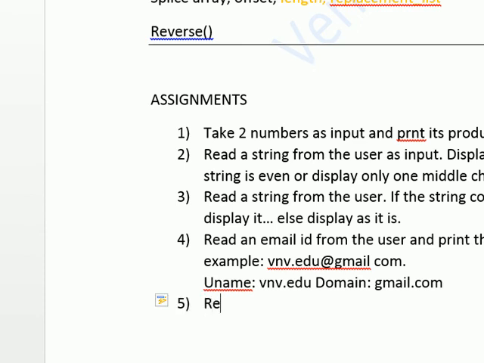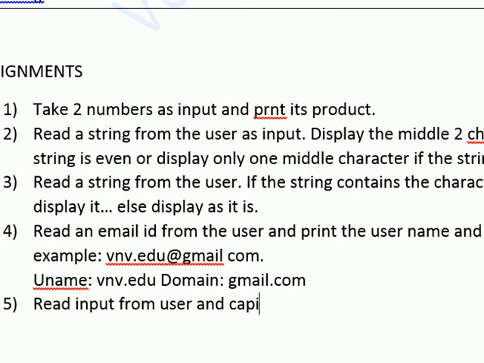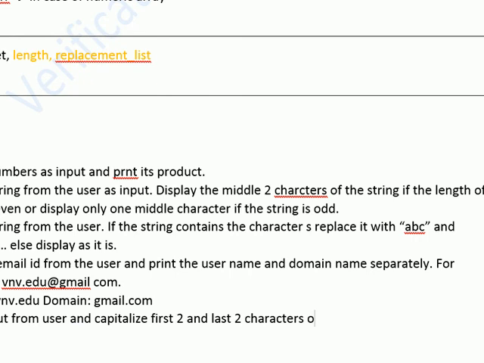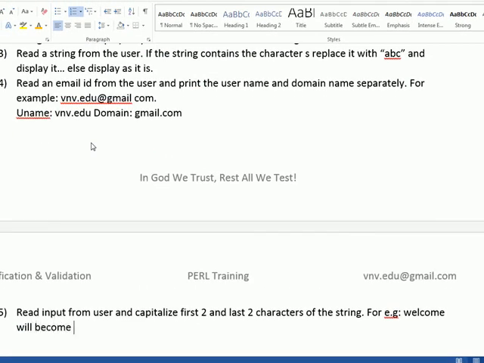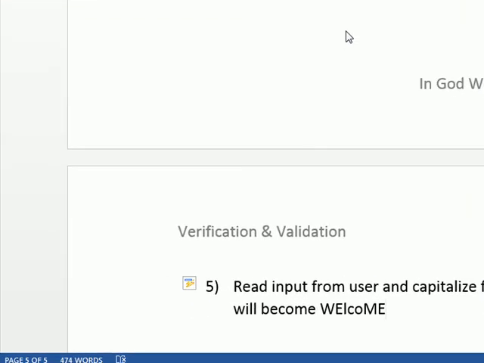5, read input from the user and capitalize the first two and last two characters of the string. For example, welcome will become